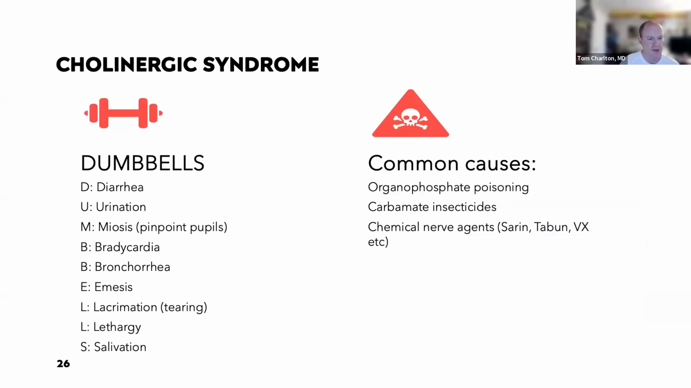So there are a couple of different mnemonics that you can use to remember what cholinergic syndrome looks like. DUMBBELS is the most comprehensive, which stands for diarrhea, urination, miosis, which is pinpoint pupils, bradycardia, bronchorrhea, emesis, lacrimation or tearing, lethargy, and salivation. The other one is SLUDGE, which typically stands for salivation, lacrimation, urination, diarrhea,